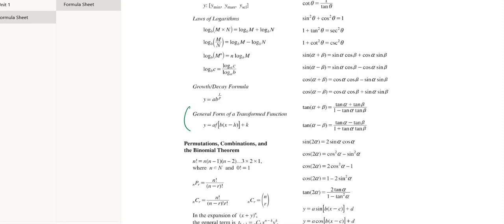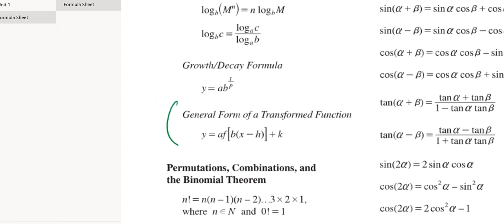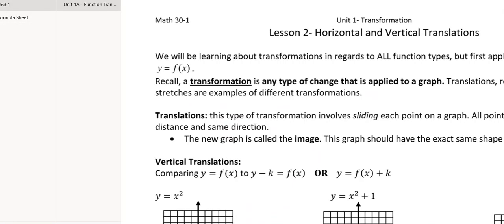But what we're going to do in the next 3 lessons is piece this thing all together. We're going to figure out what this thing means piece by piece. And then by the end of lesson 5, we can just use this to do anything we want. Okay, so starting out,